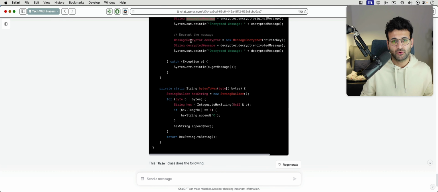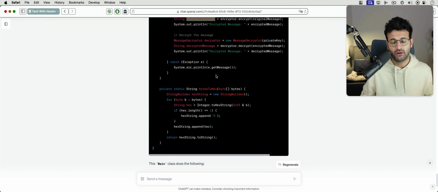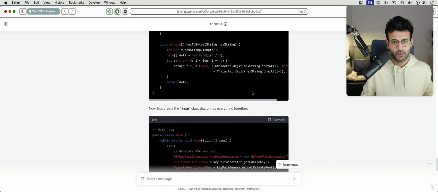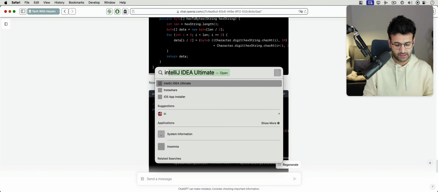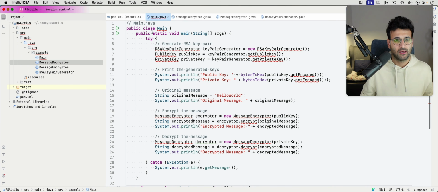And the same goes for decrypting the message. You start with creating a class, an object, and pass into it the private key, and then decrypting the message, which is the encrypted message here, and then printing the results. So this looks okay. I'm gonna copy that, go in IntelliJ, paste, and we don't have any imports, so we're